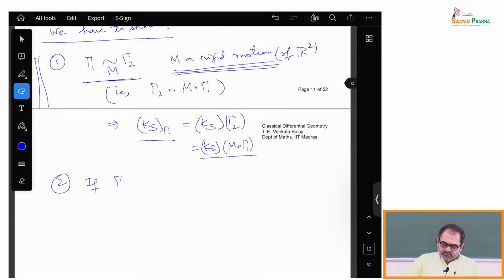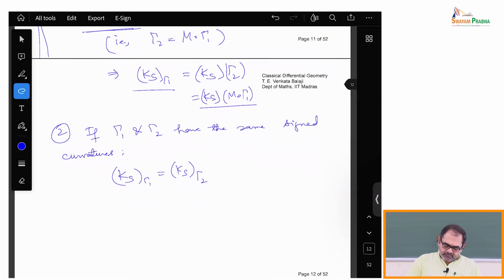If gamma 1 and gamma 2 have the same sign curvature, ks of gamma 1 is equal to ks of gamma 2,